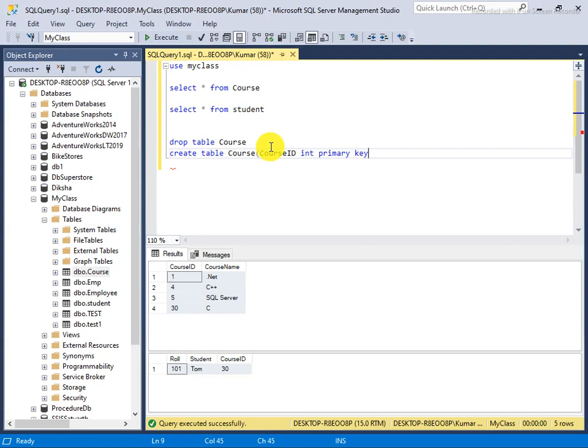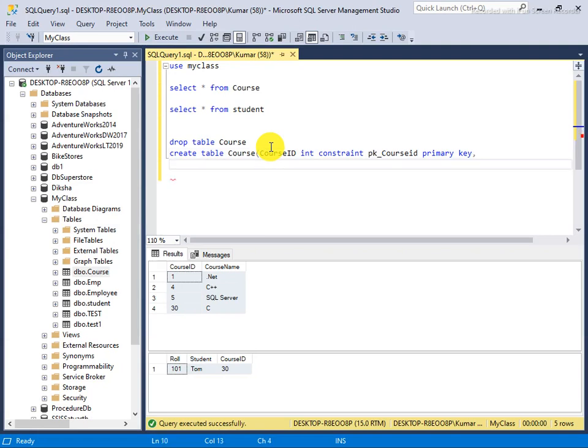It will make a primary key, but if you want to give it a name in your way, then you have to say constraint, the name of the constraint, like pk_courseID, then primary key. It's an inline creation of the primary key.